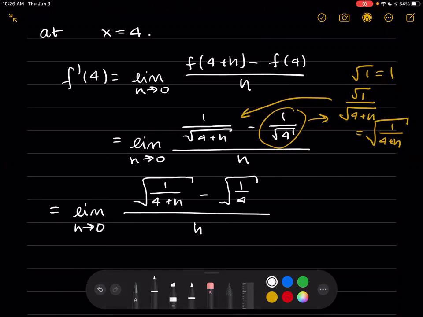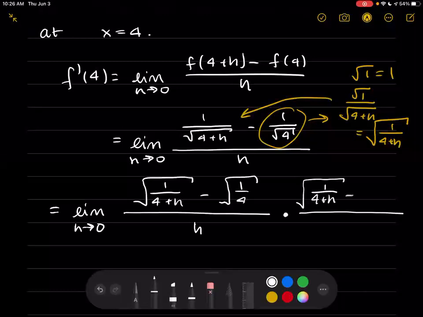And what that'll end up doing for us is eventually we'll be able to cancel out that h on the bottom. So to rationalize the numerator, we're going to multiply it by, on top and bottom, square root of 1 over 4 plus h plus the square root of 1/4